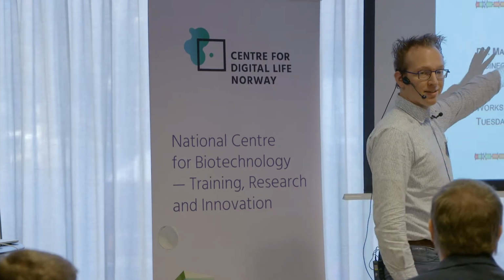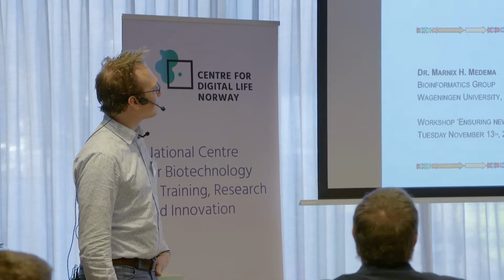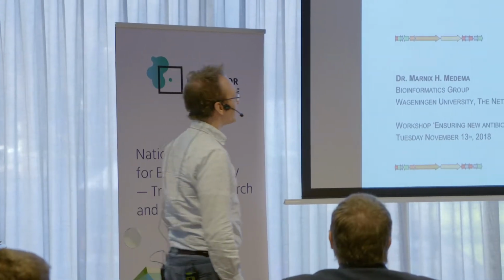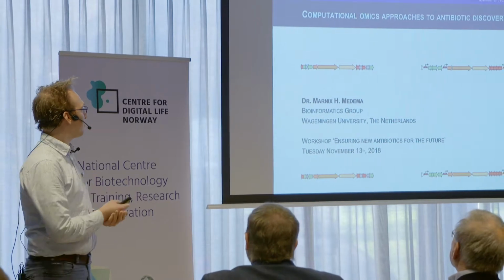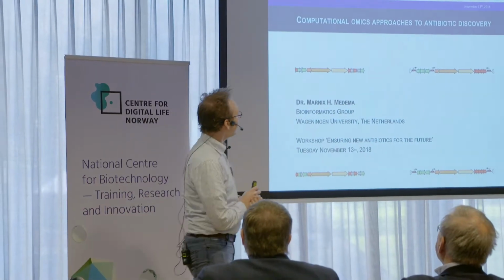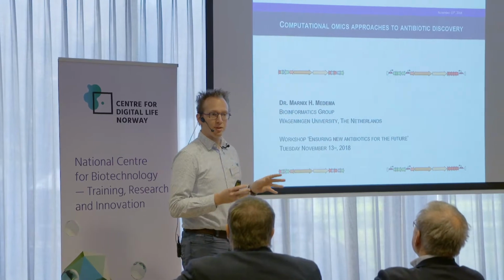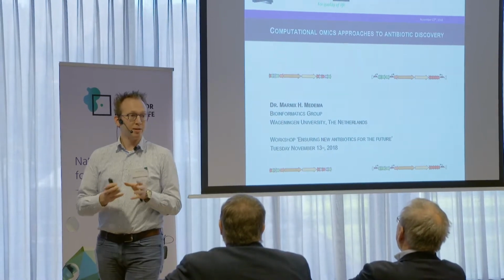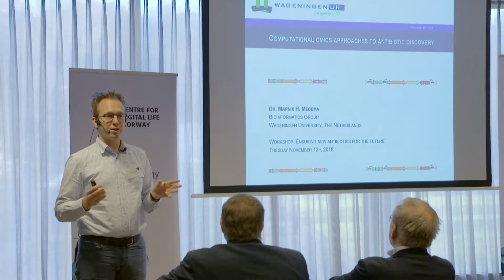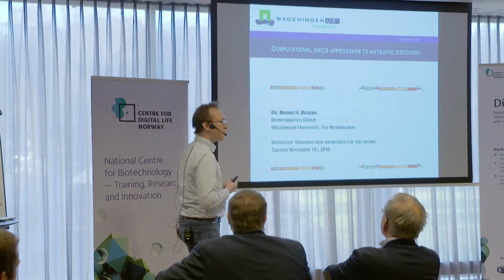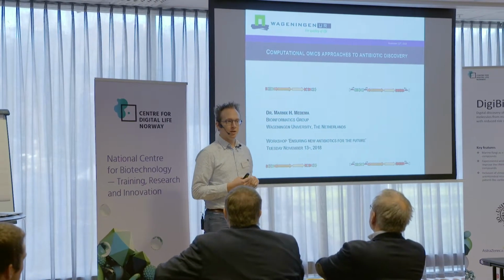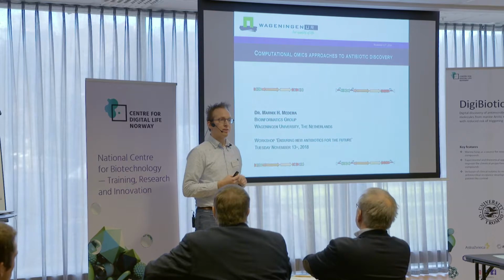I slightly modified the title a bit from computational genomic approaches to omics approaches, because after some discussions yesterday I decided also to include some computational metabolomics, which we've started doing in my group within the last year as well. But basically what I want to talk about is how can we leverage all these large scale genomic and metabolomic data sets to accelerate natural product discovery and get a better handle on all this metabolic diversity to really target